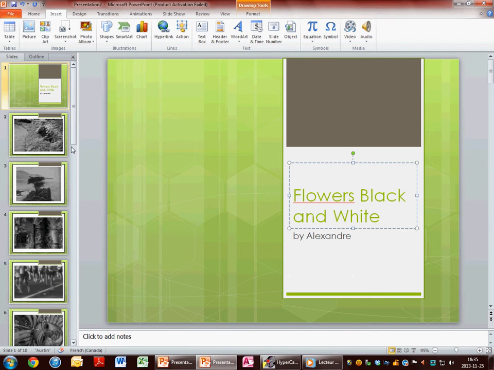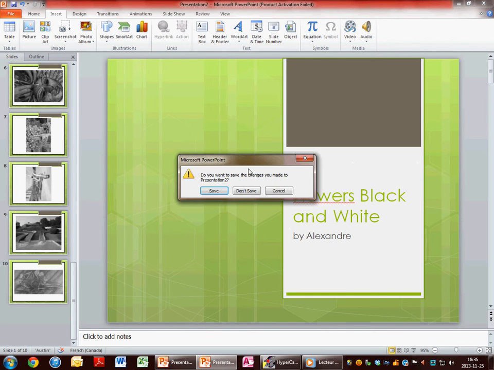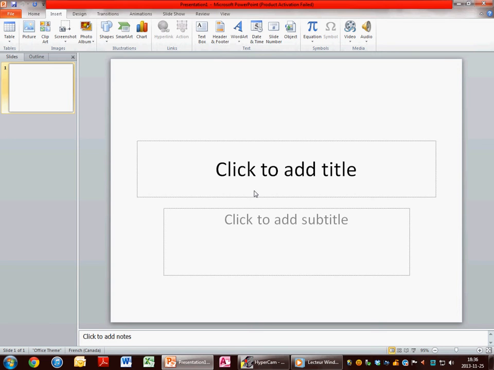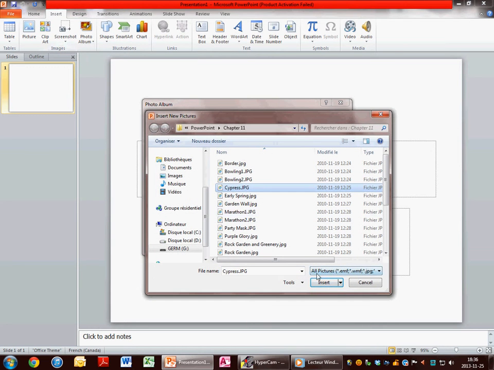And then your photo album is completely done. Then you can save it. Well, I won't save it because I don't need this one, but it's just an example. You can save it and use it later. Something I didn't mention. Well, I'll just make one really quick just to show you something.